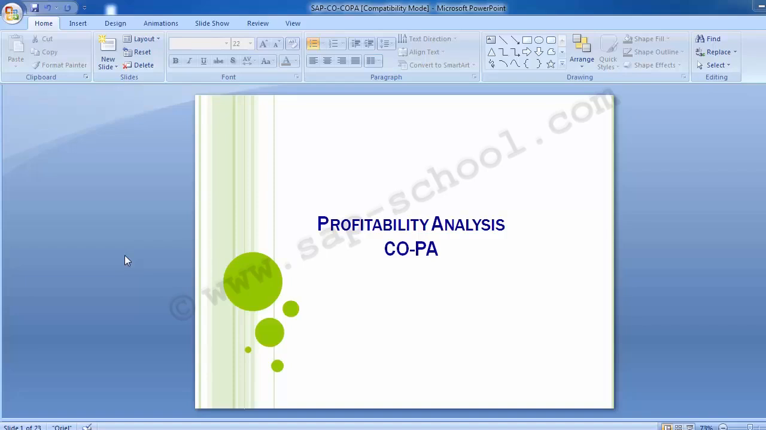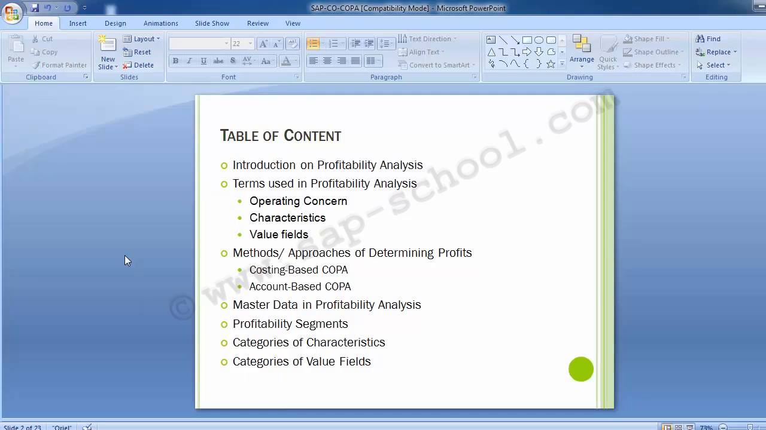The topic for today's session is profitability analysis, which is also known as COPA. In today's training session, we'll be covering the above table of contents: introduction on profitability analysis, common terms which should be known in profitability analysis, such as operating concern, characteristics, value fields, then the methods or methodology of determining profits, which are costing based COPA and account based COPA, master data in profitability analysis,